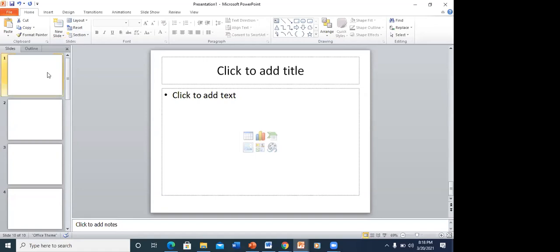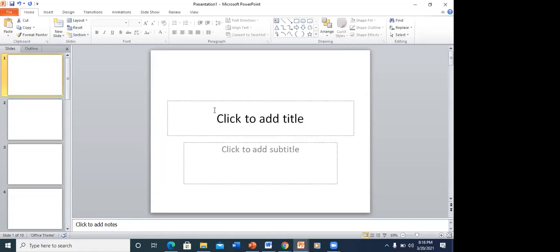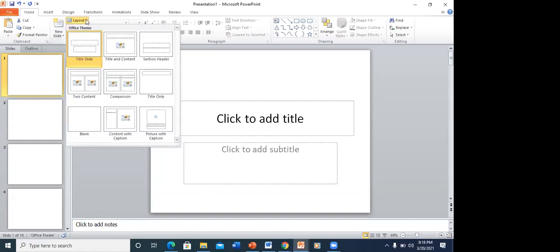Now the first slide has this kind of layout. It's called the layout. If you look at the point where I clicked on slides, you also see something called layout. If I click on layout, you see what will appear. It shows me different kinds of layouts. Usually the first page should have titles, the title slide pattern.